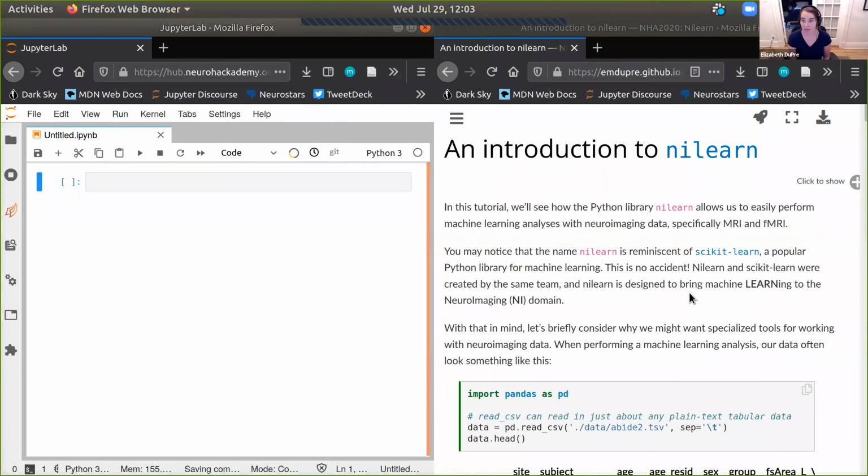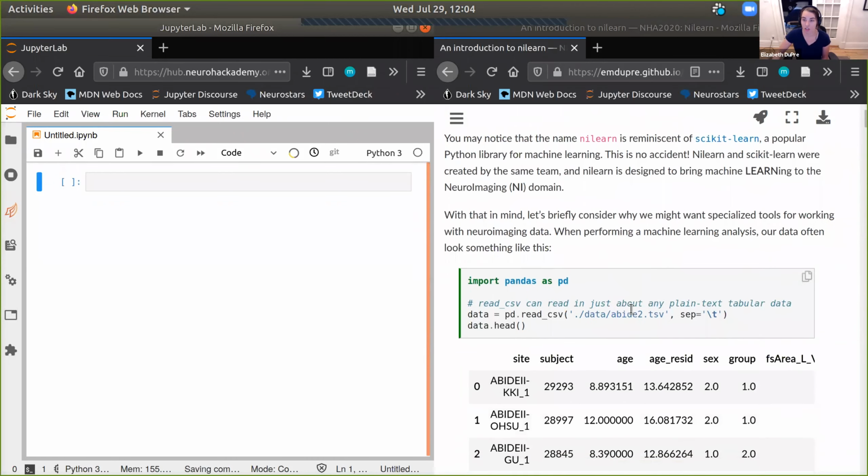So with that in mind, let's first really think about why we might want specialized tools for working with neuroimaging data and doing machine learning analyses. So typically, when we perform a machine learning analysis, our data often looks something like this. And I'm just going to copy this into the notebook, and hopefully you can follow along as well. I find it just helps to think about it a little bit more.